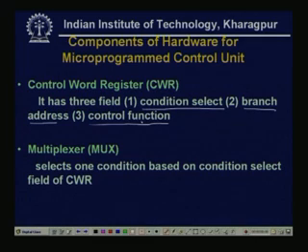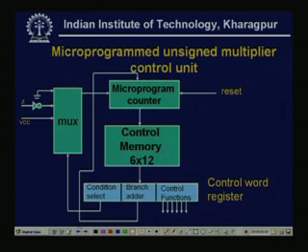Now, the control function field contains the control signals. And another is the multiplexer, which selects one condition based on the condition select field of CWR. So, the input of the multiplexer is the condition select fields. So, if we see the design now,